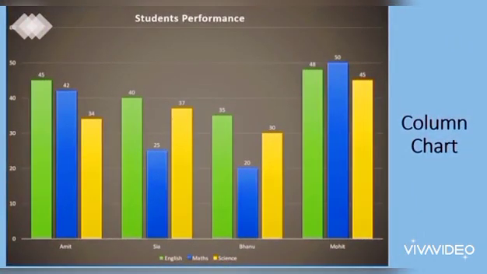Now this is a column chart. Here you can see that the name of the student is plotted on the x-axis, whereas the marks secured by them are plotted on the y-axis. A column chart is a commonly used chart type to display data in the form of vertical bars. It is used to show changes in data over a period of time. The main thing to note is that in a column chart, categories are represented on the horizontal line, that is the x-axis, and values are represented on the vertical line, that is the y-axis.